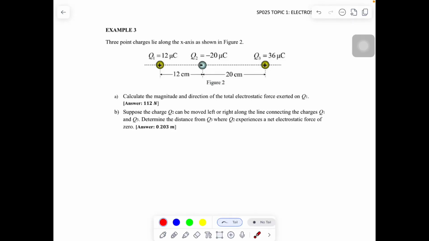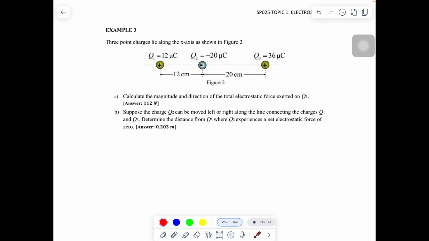Okay, next one, let's look at example 3. Again here we have 3 point charges: Q1 positive 12 micro, Q2 negative 20 micro, Q3 36 microcoulomb. First of all, we want to calculate the magnitude and direction of the total electrostatic force exerted on Q1. So sama je macam yang